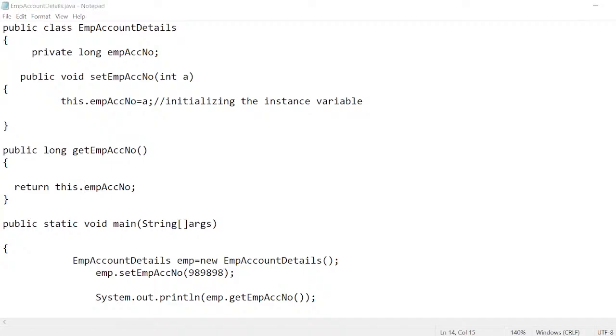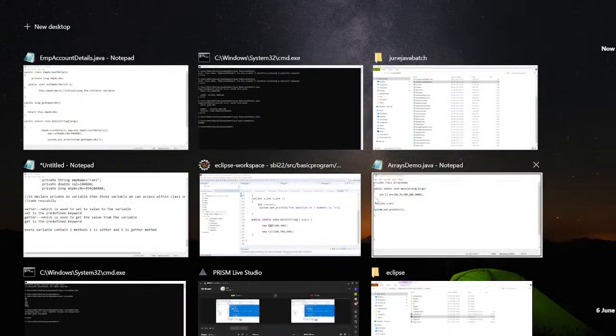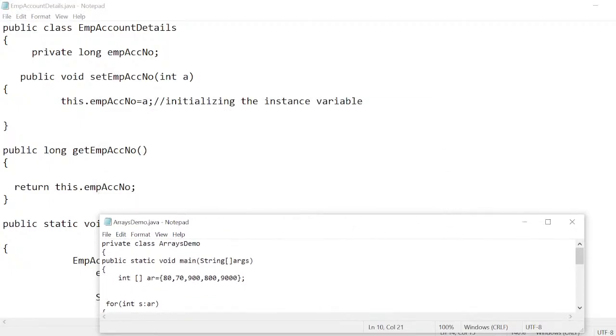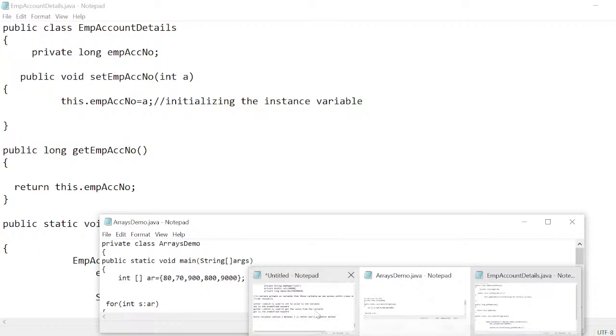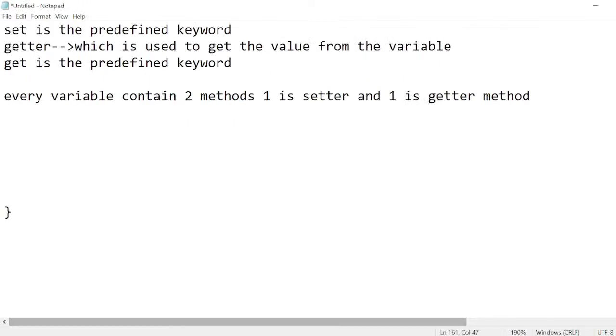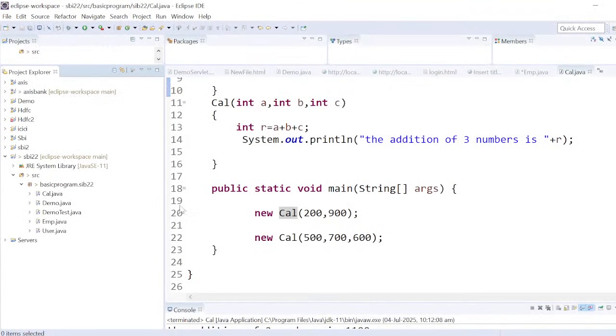With the help of encapsulation, you can achieve all these things. You can get code security, and code reusability also. You can reuse the code outside of the class with security. Okay. So if I want to write the same program in Eclipse,